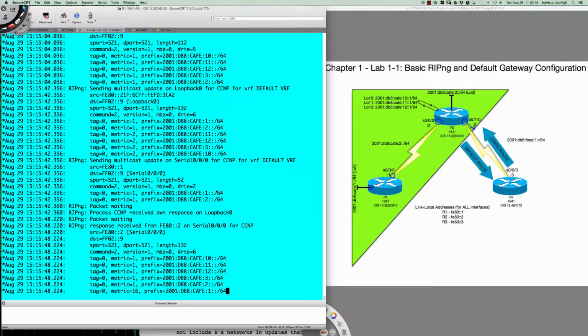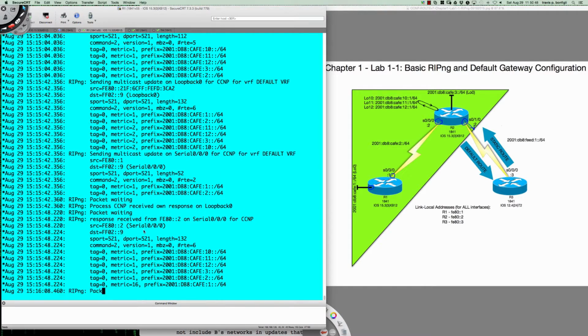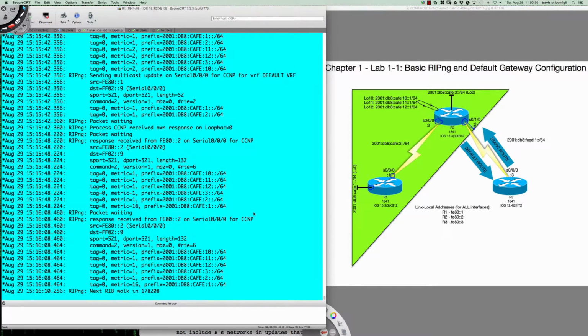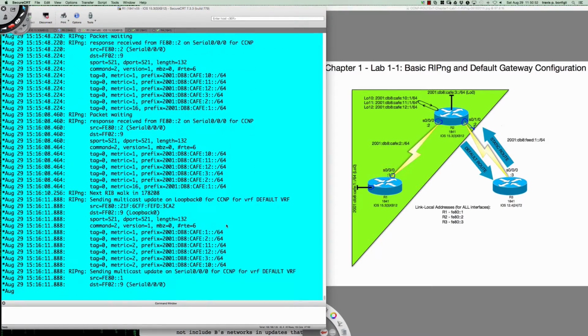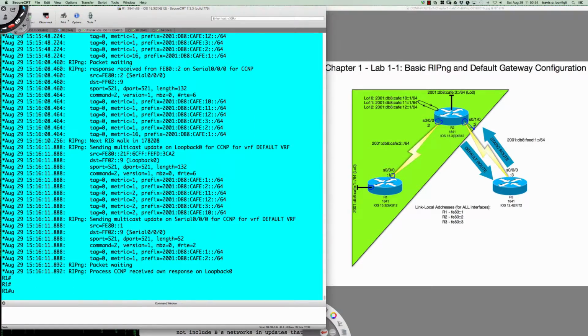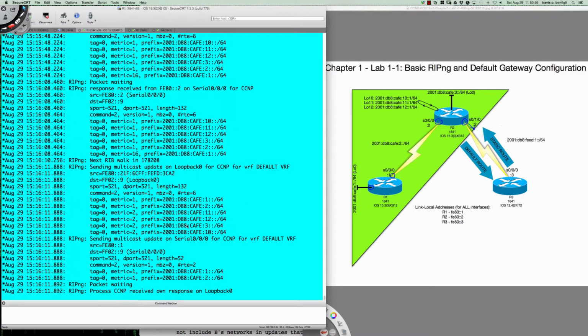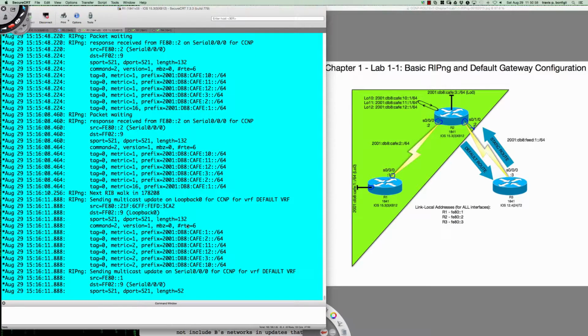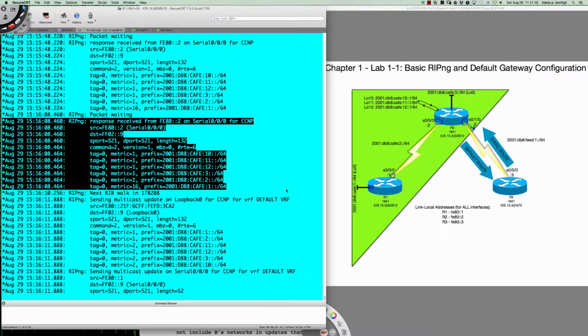So let me come back over to router 1 and let's see, is anything different? So here's our response. Give it a second here. So here's our response, and let me go ahead and kill the debugging here for a second. And here we are. So we're interested in what's happening right in here. So now, what is different now that we have poison reverse on? We get a response from router 2,